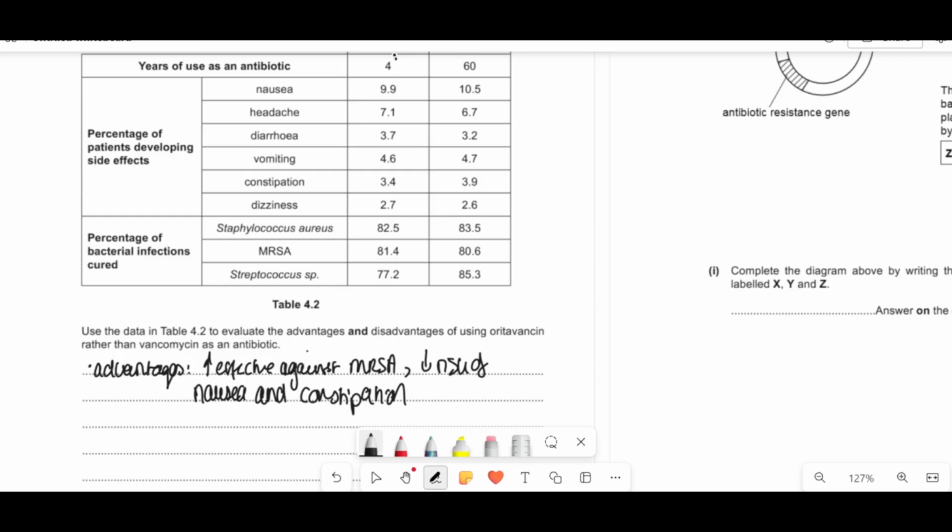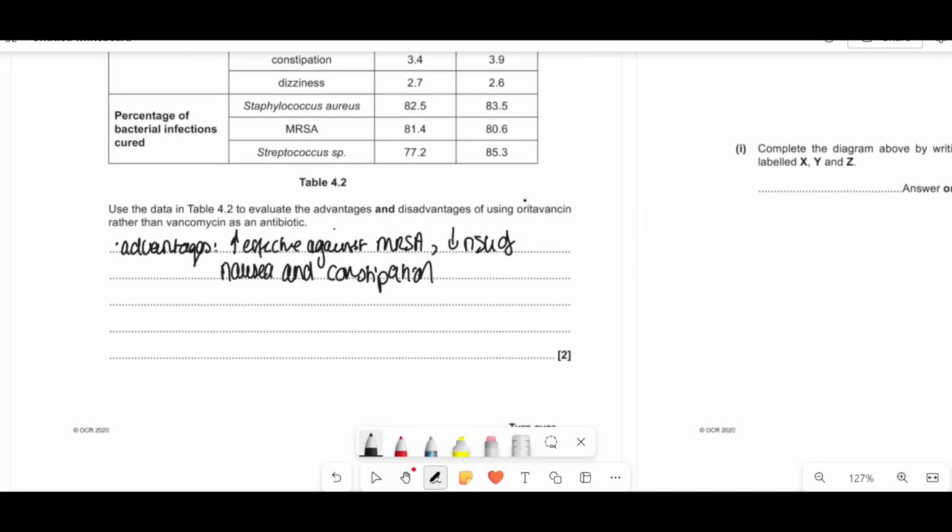As well as that, it's been used for fewer years, so there's less of a risk of antibiotic resistance developing simply because it just hasn't been used for as long. But I'll go with those for now. As well as that, some